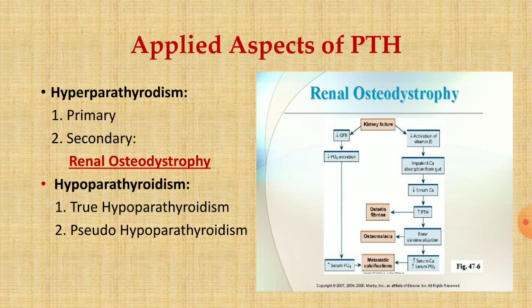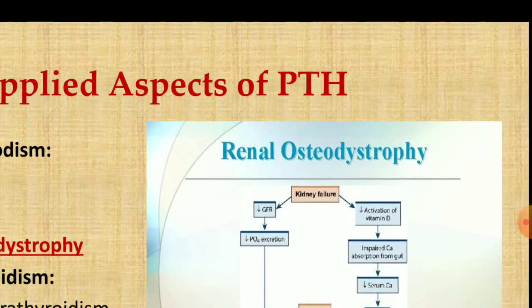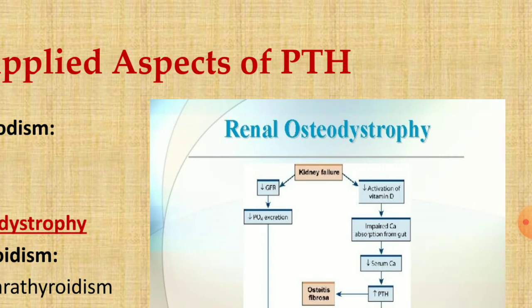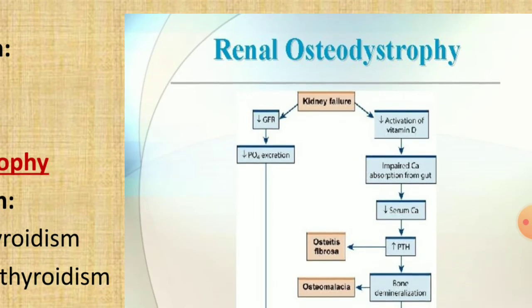In secondary hyperparathyroidism, there occurs some reactionary or compensatory increase in parathyroid hormone synthesis. One of the golden examples is renal osteodystrophy, which is an example of secondary hyperparathyroidism. Let us concentrate on this flowchart given in the next panel, renal osteodystrophy. What happens in chronic kidney disorder, that is chronic renal failure, is decreased formation of vitamin D3, that is reduced activity of the 1-alpha hydroxylase enzyme. So there occurs decreased formation of vitamin D.